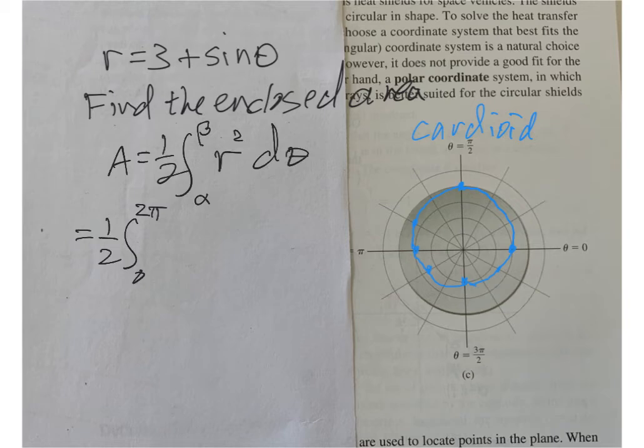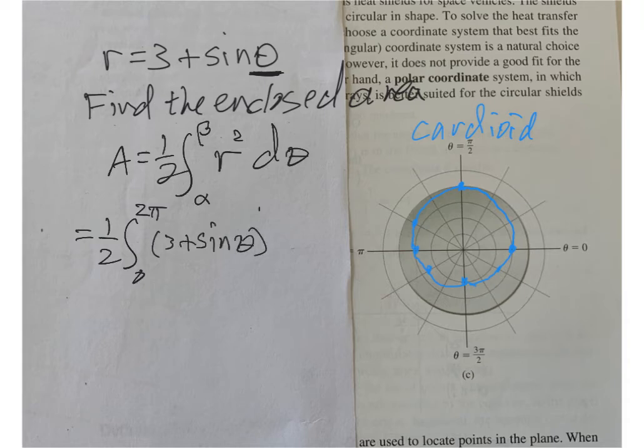But this was pretty straightforward. We didn't change the period of the sine, so to get the whole thing drawn, we need to go through the whole range. It could also get a little tricky if the curve passes through the pole, if r becomes negative, and that doesn't happen here. So this is a super straightforward problem, and all we have to do is integrate